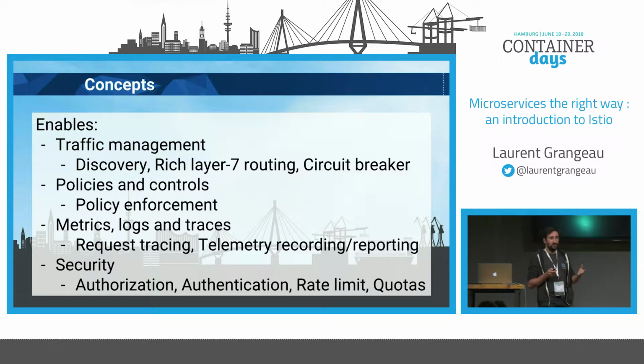With that, you can enable traffic management, discovery, layer 7 routing, and circuit breaker. You can handle fault traffic. For example, if your microservice doesn't respond in 1 second and 500 milliseconds, you can return an HTTP 5xx and just stop the call. This is important when you have web pages, for example, and you don't want people to just wait until the page is fully loaded.